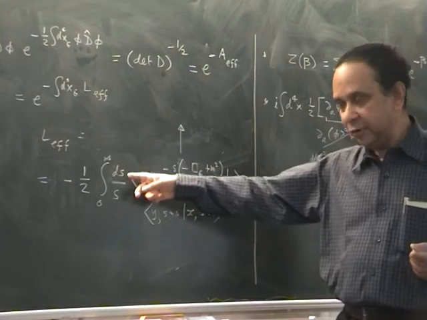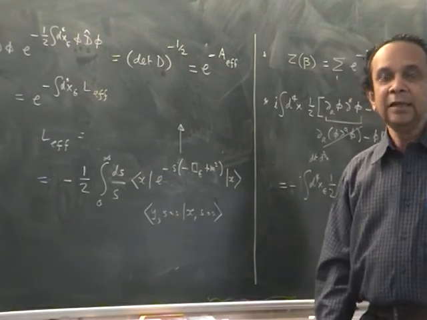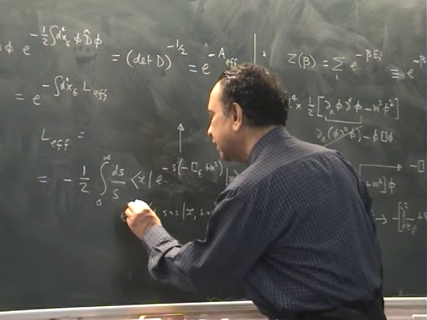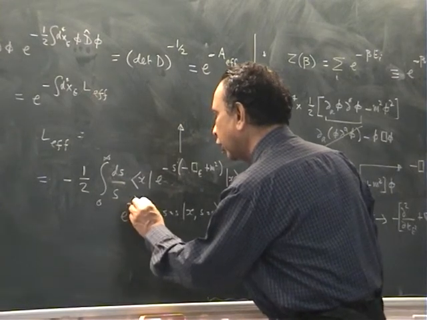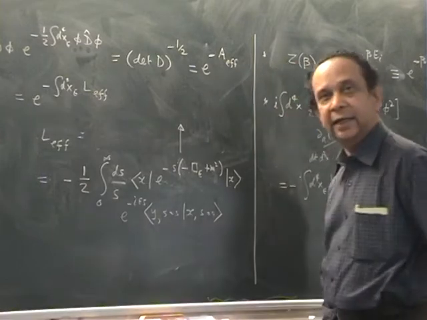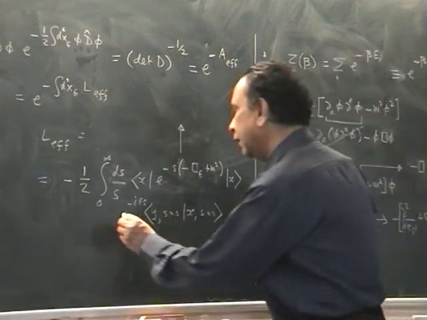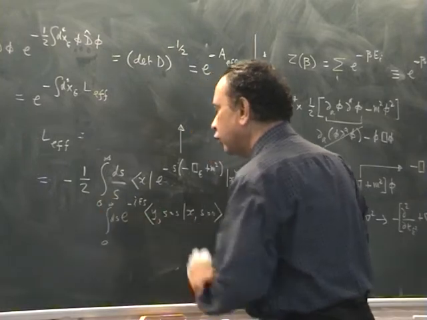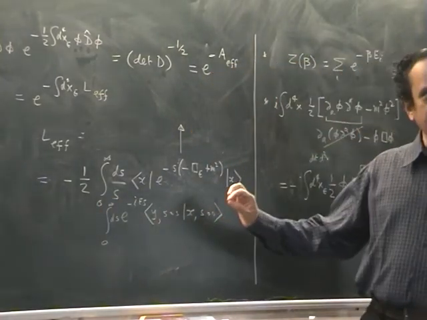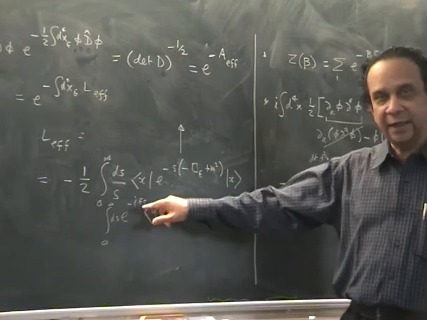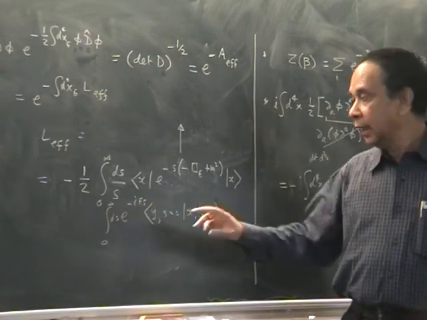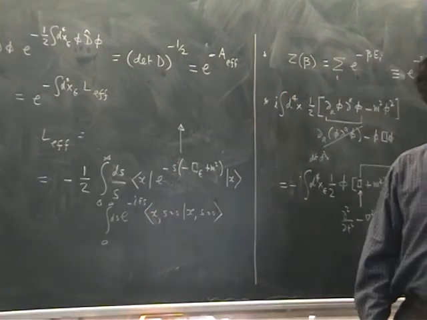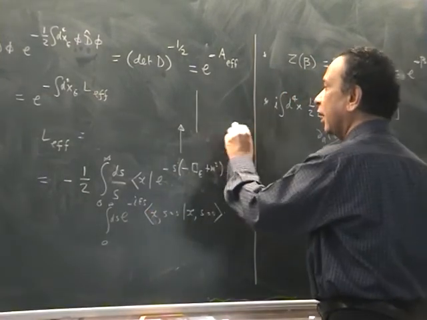But that is not what we are doing. We are dividing by an s. The reason we are dividing by an s is that you first put an e to the minus, if you have been doing it in Lorentzian, e to the minus iEs, and you integrate over all s to get the amplitude for the particle to go from one point to another with an energy E. Now if I put x is equal to y, this would correspond to a closed loop in space-time